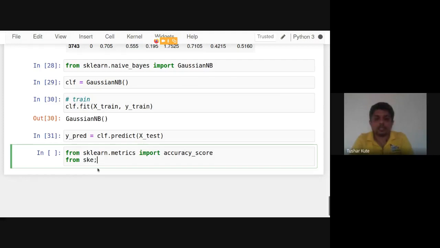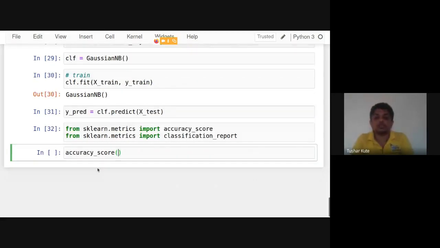And from sklearn.metrics you can also import one more function called classification_report. We can use it here. accuracy_score of y_test against y_pred. That percentage will be shown by this.